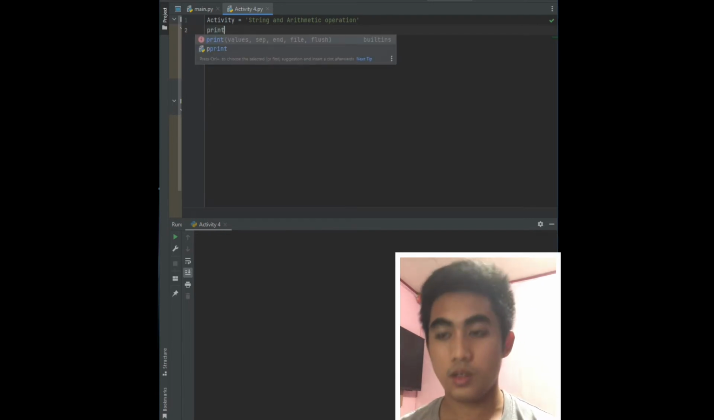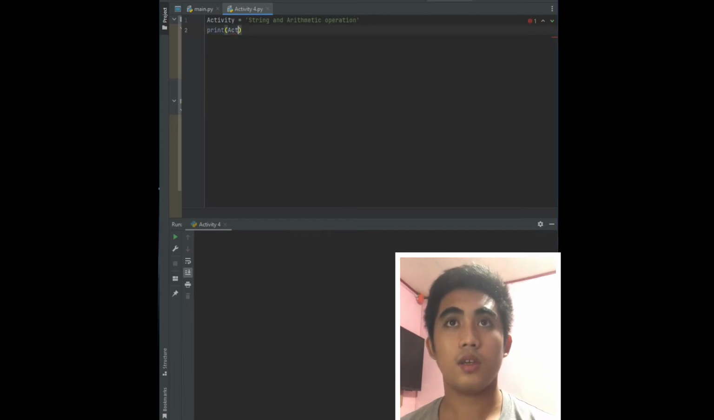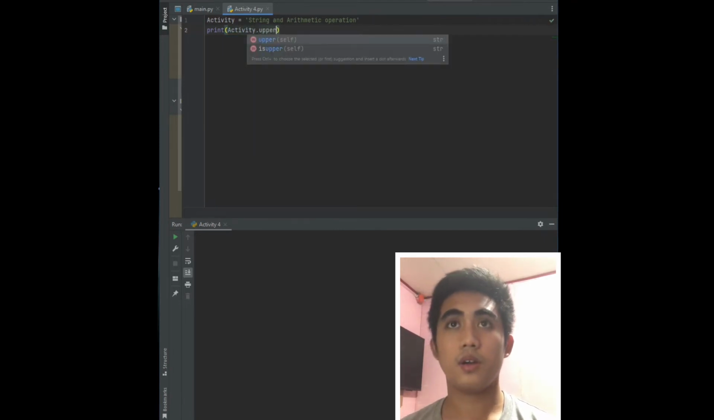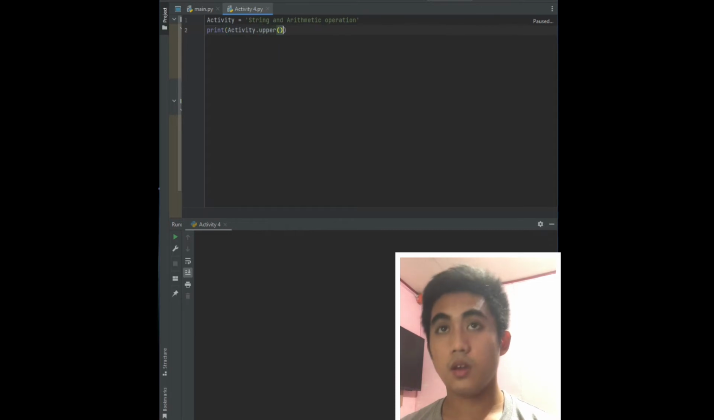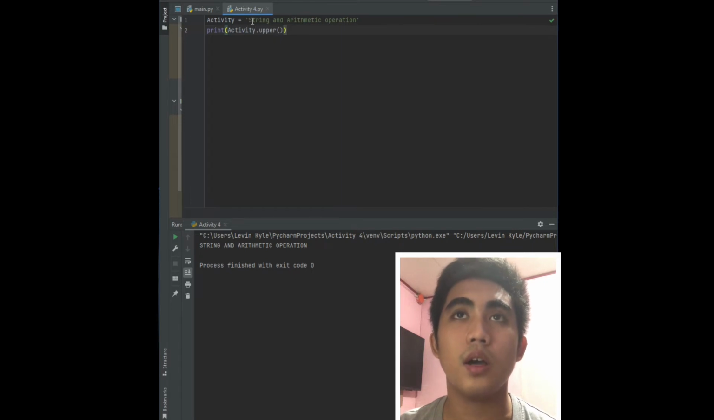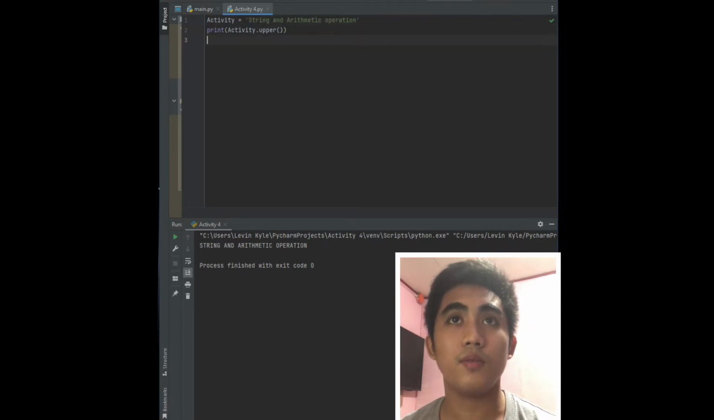The upper method is activity dot upper. So what it does is that it transforms all the lower case letters of this string into uppercases. Since S is already in its uppercase form, it doesn't need to transform this one, but it will stay as it is. And similarly, we have the lower method,